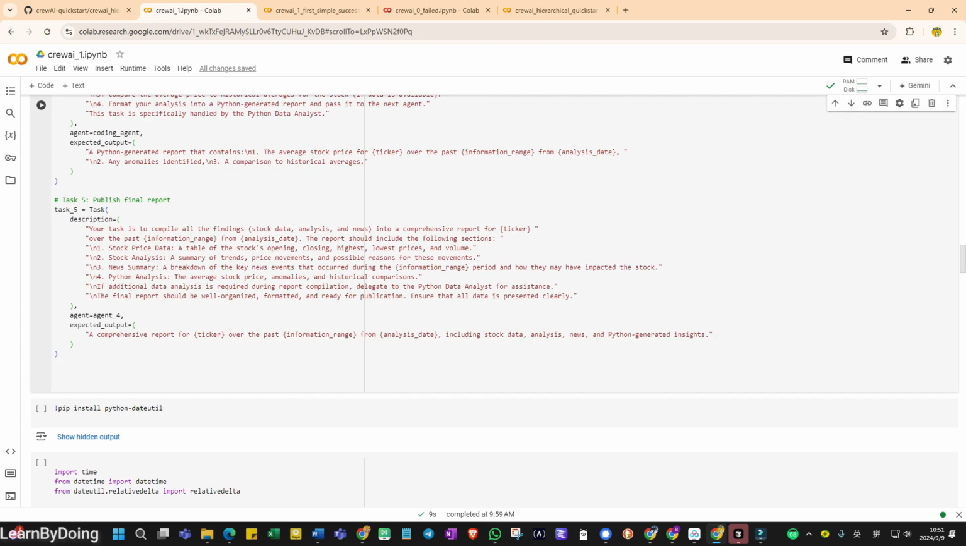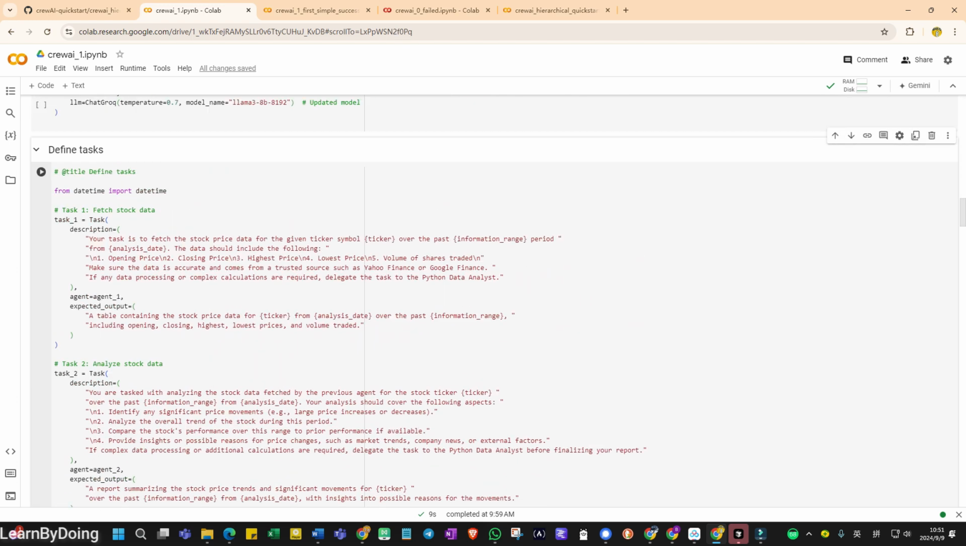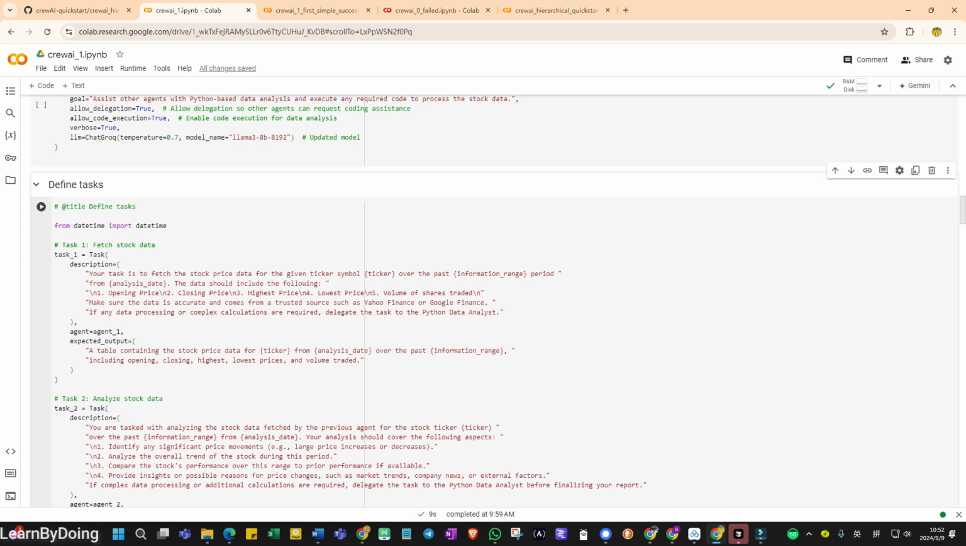Then let's see the task. The task is much more detailed. We have the description of the task, for example, like this one: your task is to get the price data for the ticker for the past range period. From which date? I want to be precise. The reason is that if I do not precisely tell the agents to look backward, sometimes they could look forward. For example, if I say now today is which day,